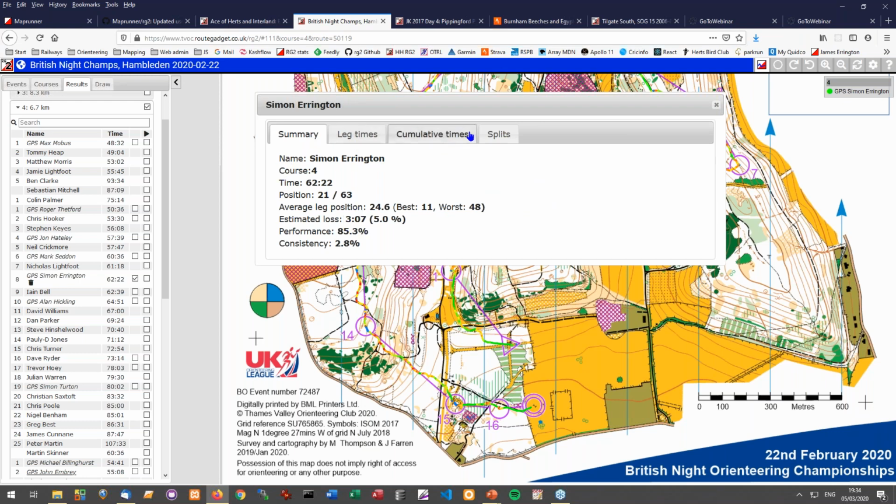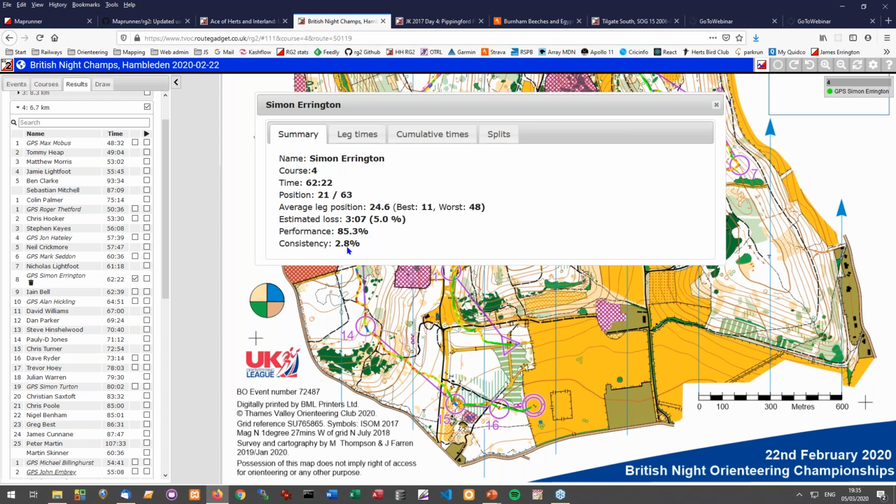So this has got a summary of how you are doing and some other information. So you can see your average leg positions and how slow and whatever you've got. It's got an estimated time loss, and we'll have a look at that in a minute. And a performance consistency number. These are both rather arbitrary, but at 100% here, in a very similar way to the way WinSplits is done, it's based on that. 100% would mean that you're running at about the 25th percentile runner. So anything over that, anything over 100% means you're in the top quarter. Anything below means you're below that.